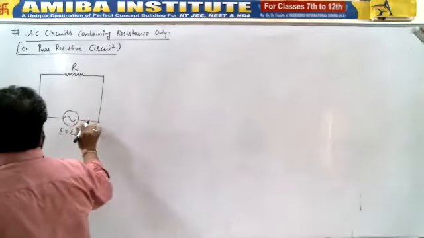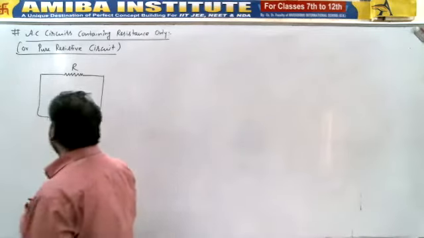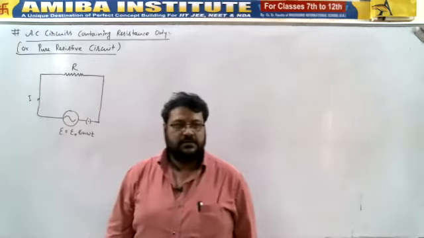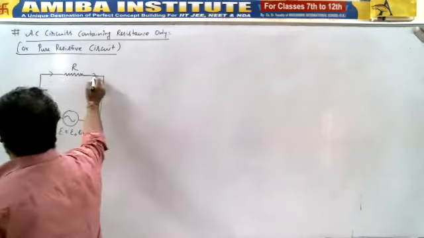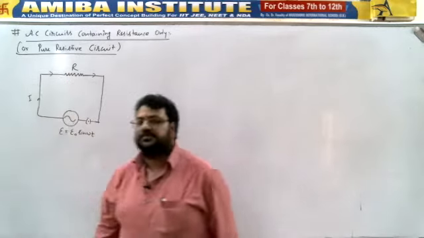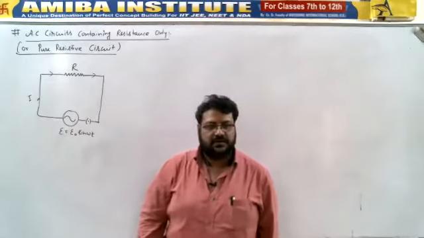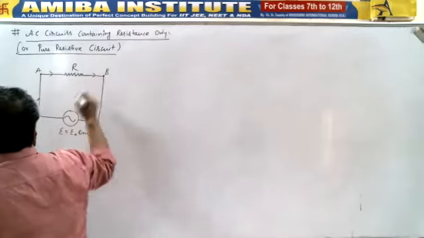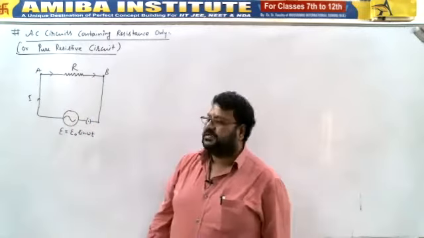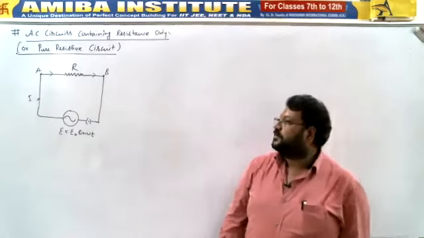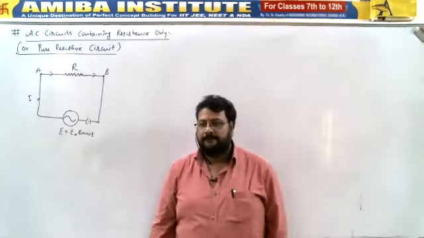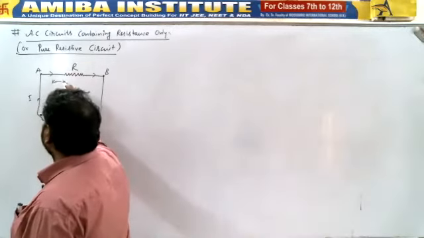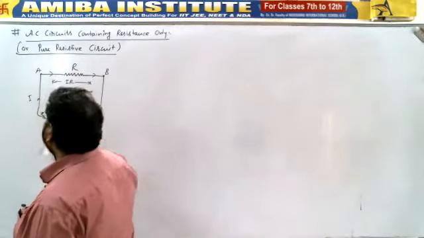So as the key is on or closed, alternating current will start to flow through it. It will go and cross the resistance. It means there will be some potential drop across the terminals of the resistance. Let's suppose this is point A, this is point B. Then how much potential drop should be there? If current I will be flowing across the resistance R, what should be the potential drop? IR, right? So here, whatever potential drop, it should be IR.